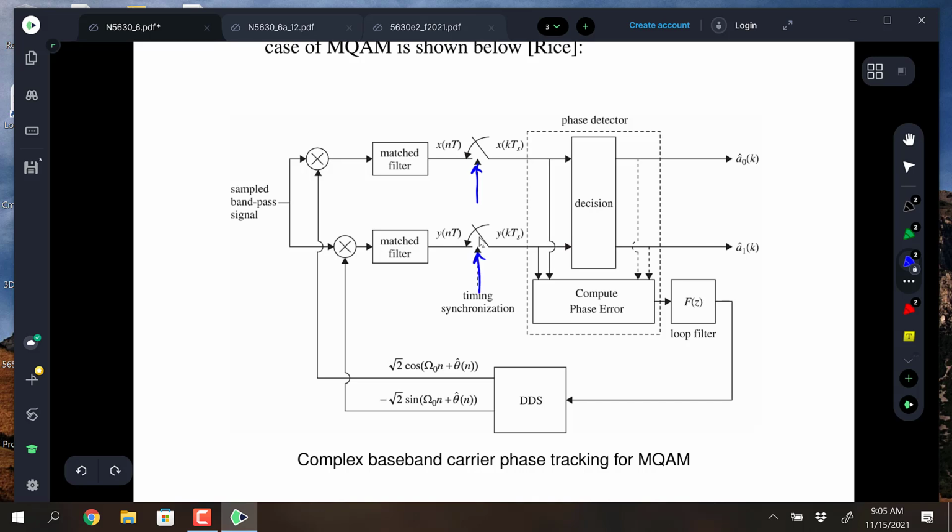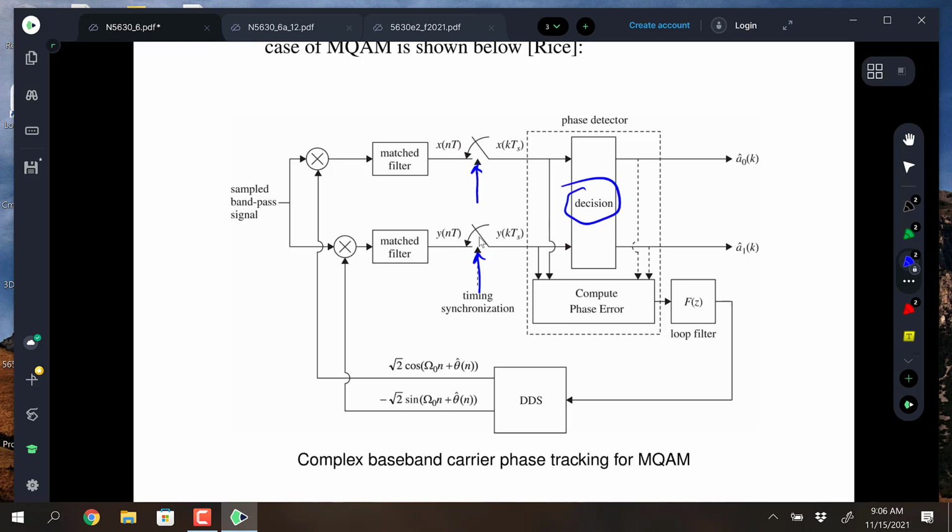And these have been like a magic genie that comes along and just keeps going down like that: sample, sample, sample. That has to be controlled by some other means now if we don't know it a priori. So we have to have timing synchronization. Then for carrier tracking, if we already have the timing synchronization, we can come along and do this decision-directed phase detector. So the decision here